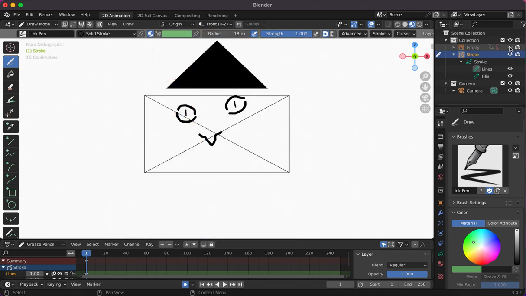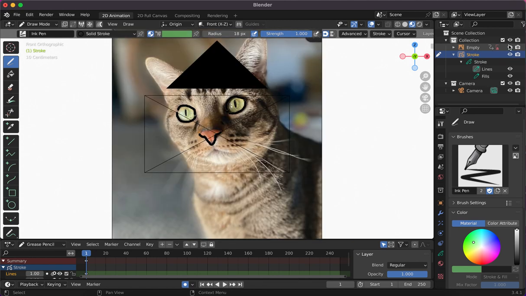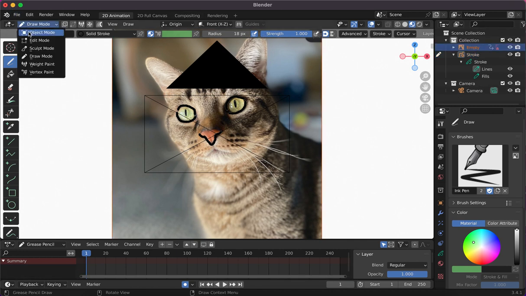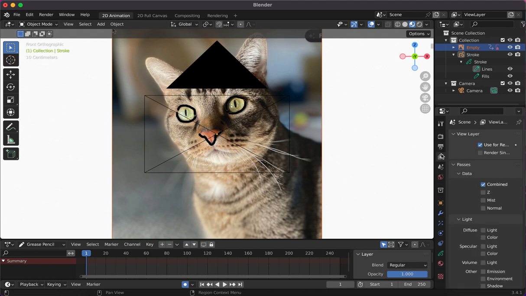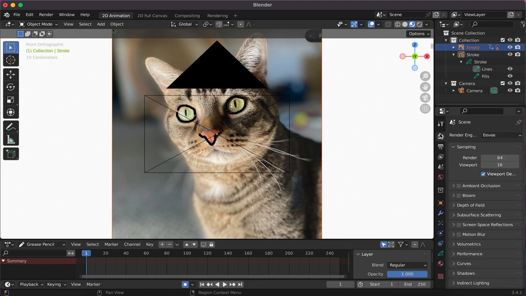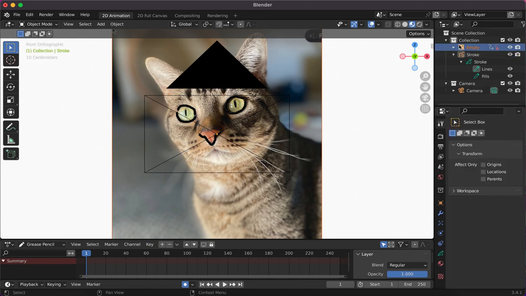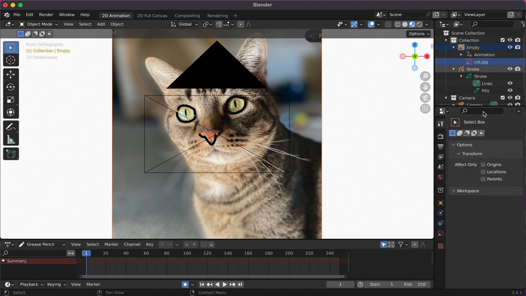And if I wanted to, I could hide the empty, that's the cat item there, using the little eyeball control on the right-hand menu, so that I can check my work. There's also the ability on the empty object, if I'm in object mode, I can go in and change the opacity of that image if I needed to. I don't remember where to do that, but somewhere in there we can adjust the opacity of that cat picture